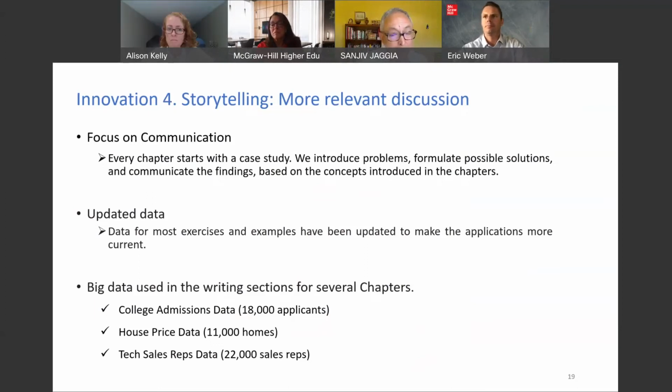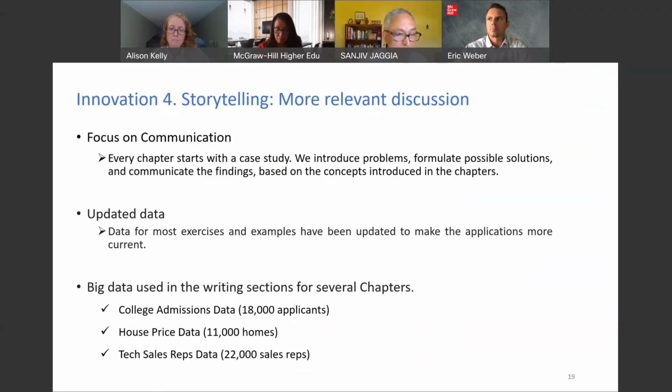And because of this availability of data, we have updated our data, made most of them a lot bigger than they were before. In addition, now we are using 3 big data sets that are used in various chapters of the book. These data sets are real data on college admission. There are 3 different colleges in this university: business, engineering, and liberal arts. If I want to study just business students, I have to filter out the data so that I only have business students. And again, get a taste of the real world, not those 7 observations that we are used to seeing in earlier textbooks, find the mean of those 7 observations.